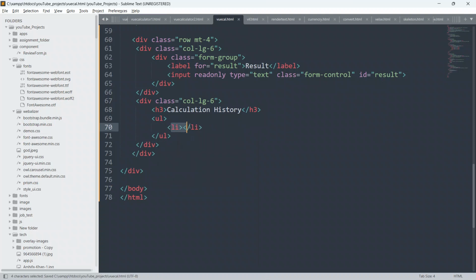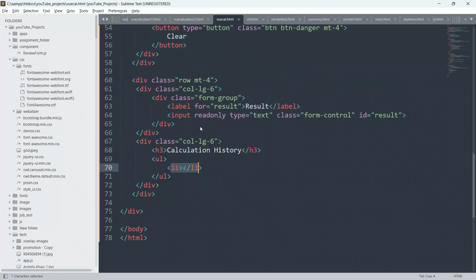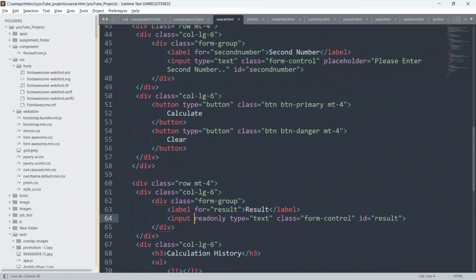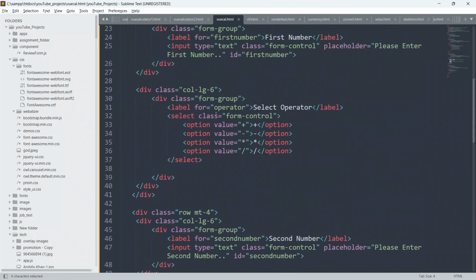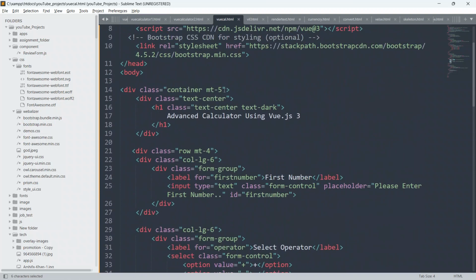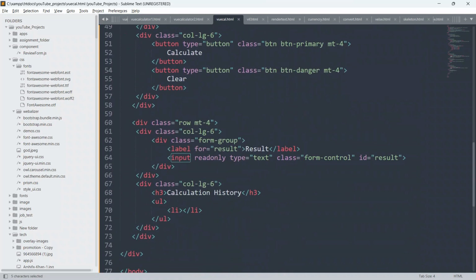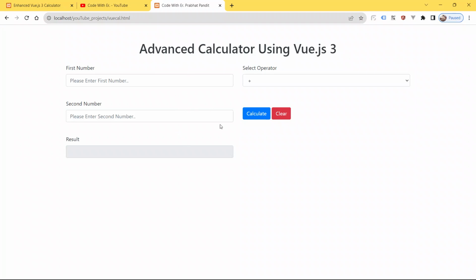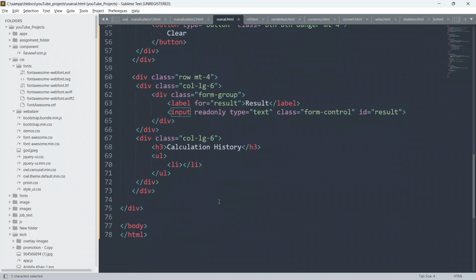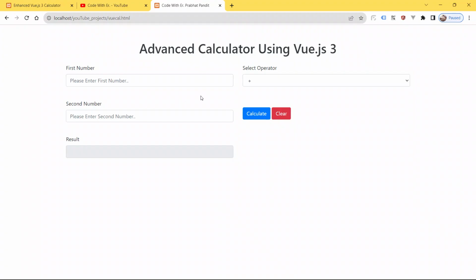Always remember on this li we will be using the v-for directive, and on each and every input element we will be using the v-model directive, just to bind the data from these input fields and from this calculate button to our Vue.js instance. So guys, in this way v-model is being used in two-way data binding.